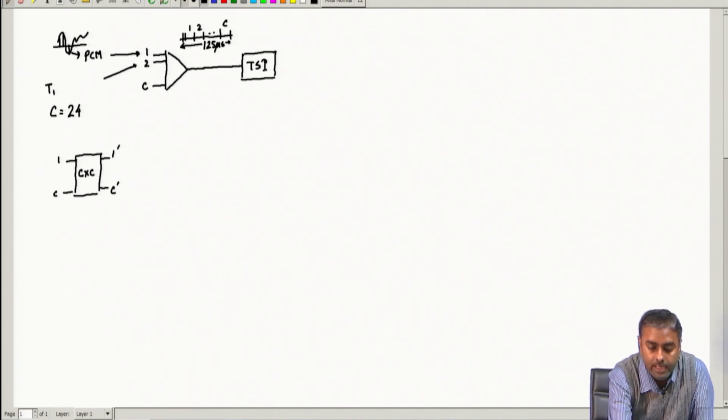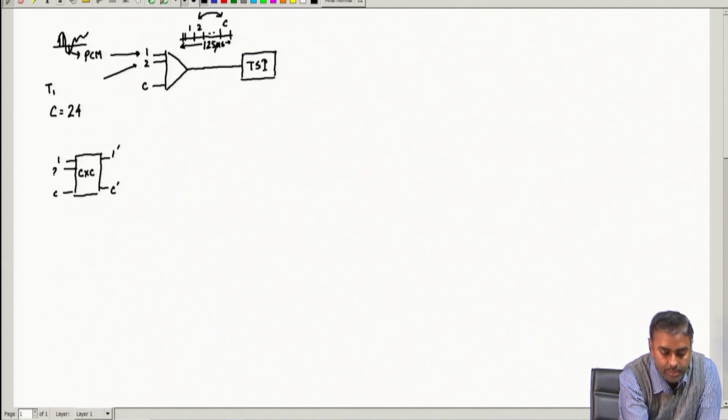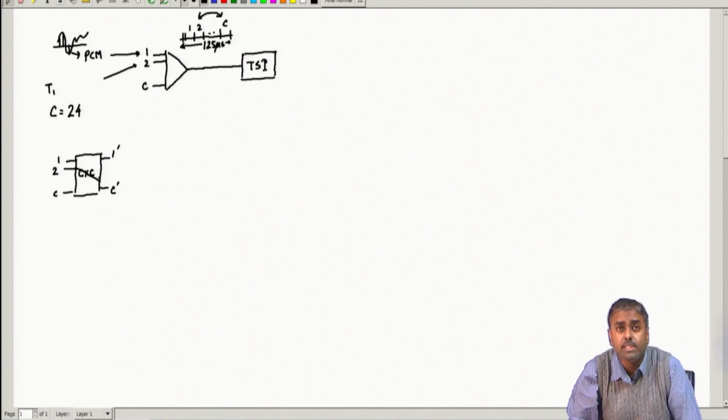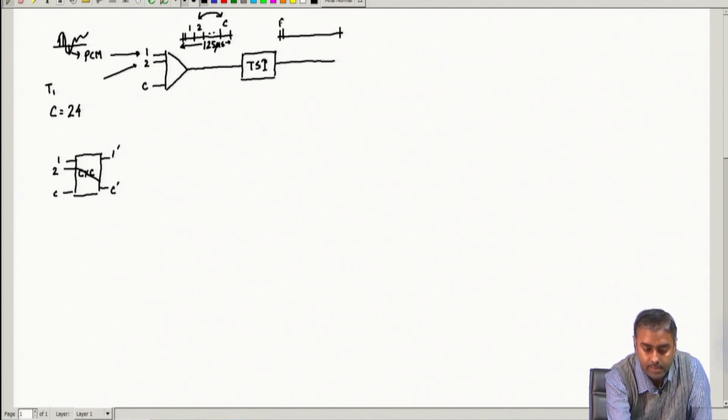So, let us say I pick some 2 and C, and I want to swap. So, basically I want to do a switching between 2 to C dash. So, this switching I want to do. Okay. So, suppose this is the switching I want to do. So, what I will be doing, this TSI will actually swap these things. How it does the swapping, that we will see later, but it keeps the framing bit intact, and then 1 remains